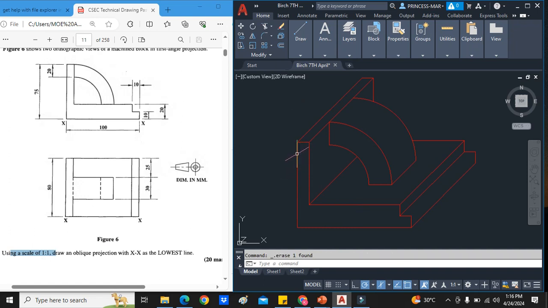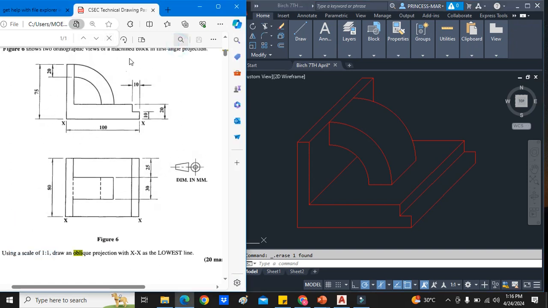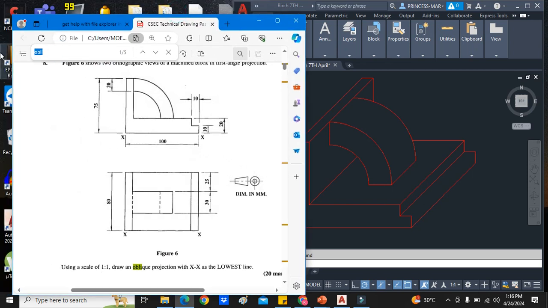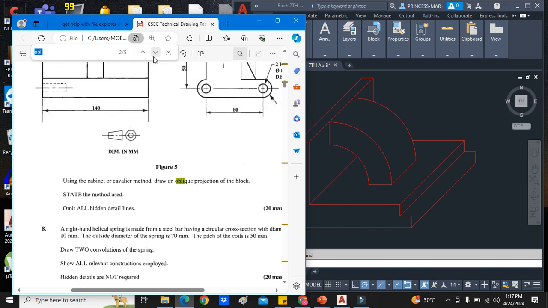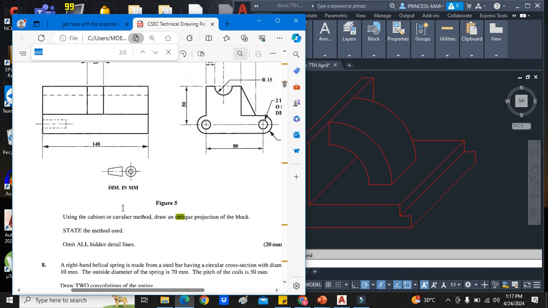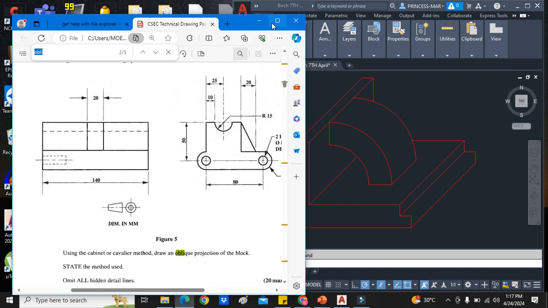You understand it? That's what you see. The thing about oblique projection, let me look in the question here to see if there are any more. This only has one oblique question. Oh, there are 5. Look at the screen. So here's the second one. So for this one here, it has